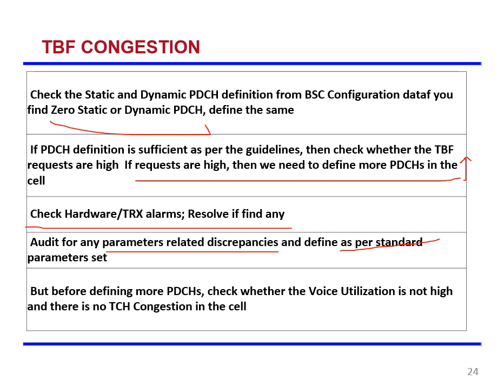And we also have to redefine the PDCH strategy. If the voice utilization is not high, if the voice traffic is not high, we can dedicate a larger number of PDCH for data. Okay? You have to verify the DCH congestion. If the DCH congestion is not there, you can divert the PDCH and you can reduce the TBF congestion. This is also something we can do.